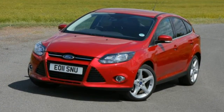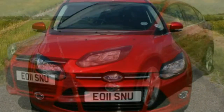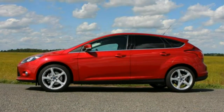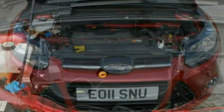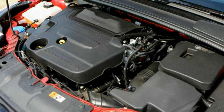Frugal Ecoboost engines. You get the same engine choice as before, but Ford has added two more fuel-efficient petrol engines, a 1.0-litre and 1.6-litre. These engines are called Ecoboost, and each is available with two different power outputs. The 1.0-litre in the lower power guise of 99 bhp is the cheapest petrol engine to buy and run thanks